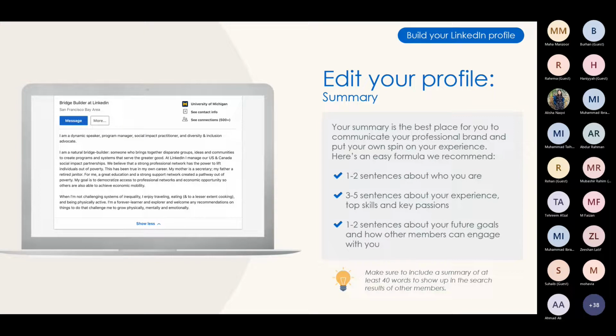Again, it is backed by data that if your summary section is 40 words or less, you are not going to show up in the search results for other members as the top search. So if somebody searches for software engineer and your summary section is, let's say, 40 words or less, you're not going to show up in the first few pages, or at least in some cases, the first, let's say, 30 or 50 pages also, depending on what people are searching for. So it is important that you think about summary section as a very high level kind of executive summary of